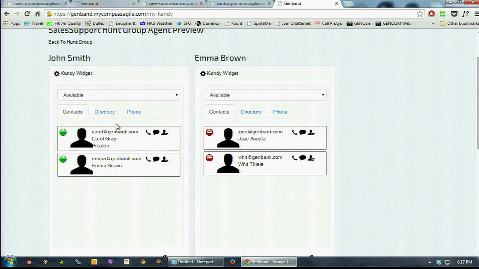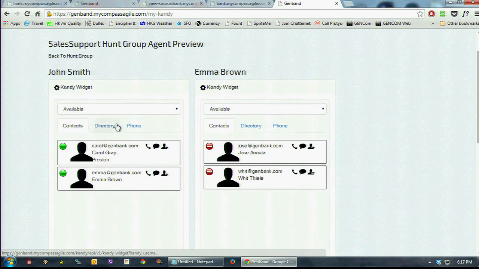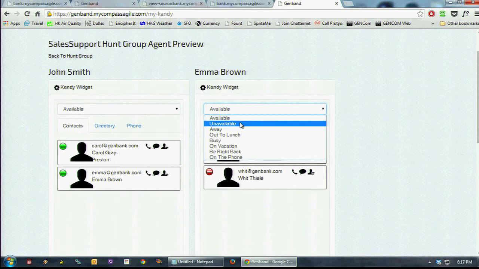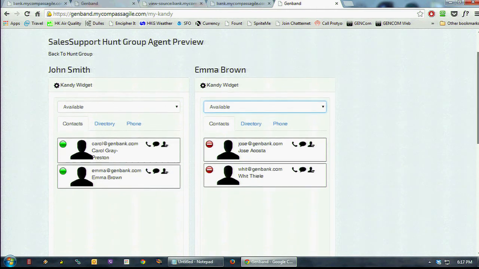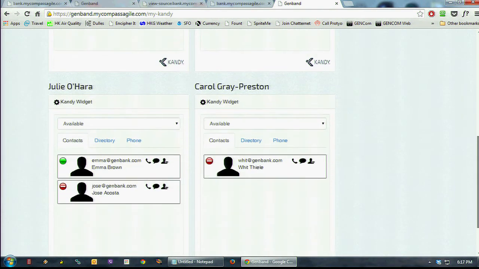So right now it's giving presence of all their friends, but it can give directory. You can do everything that they can do on the site as if they were logged in. So what this allows us to do is test the application as if we were using the application as all 4 of these users, which will be really cool. So now what we're going to do is go back as the user,